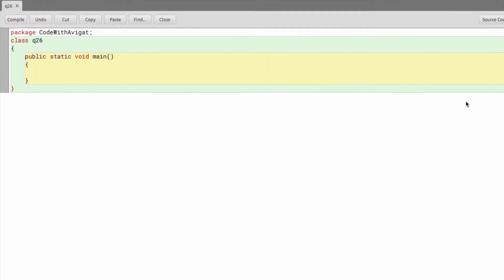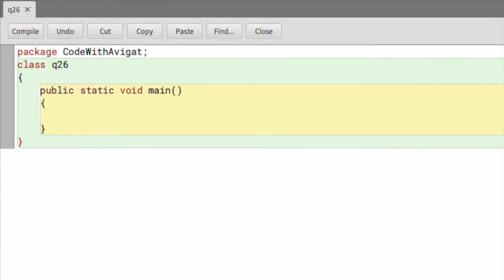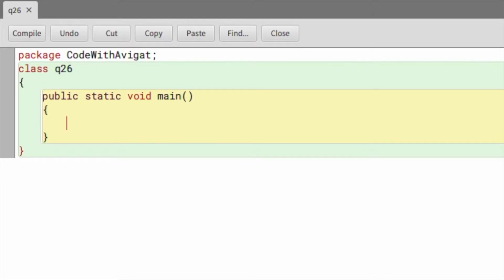Hey guys, my name is Avigat and in this video I'll be writing a Java program to print a table of 4 in this format. So let's start with the program. Okay, so basically to print out the table of 4 in that format that I mentioned at the start of the video,